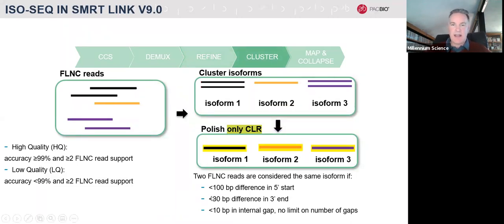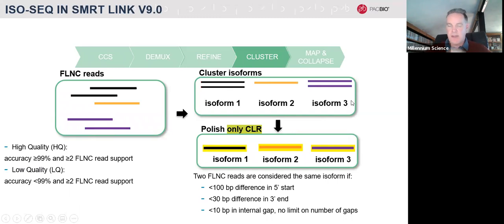So then the clustering step takes these so-called FLNC reads, full-length non-concatemer reads, and it begins to cluster them into the various isoforms, which enables you to see all the variability that's happening at the transcriptional level. Again, you need very high quality reads, so greater than 99%, and it puts them into the two buckets. It doesn't delete, but it also marks these as high or low quality reads. So once you have these